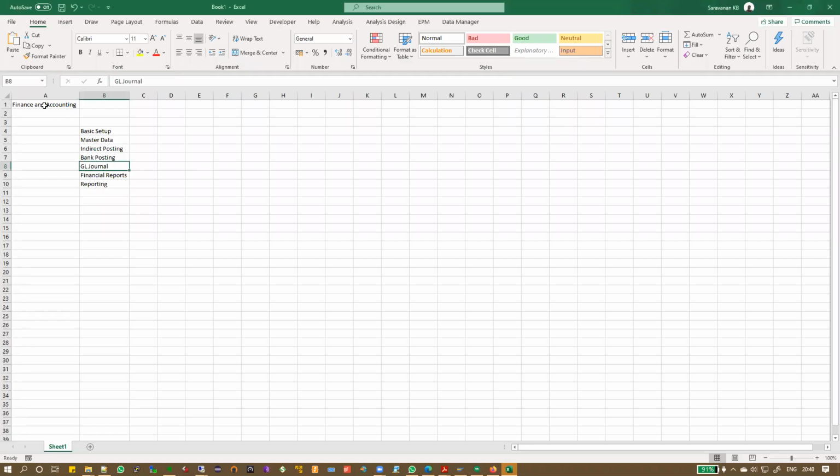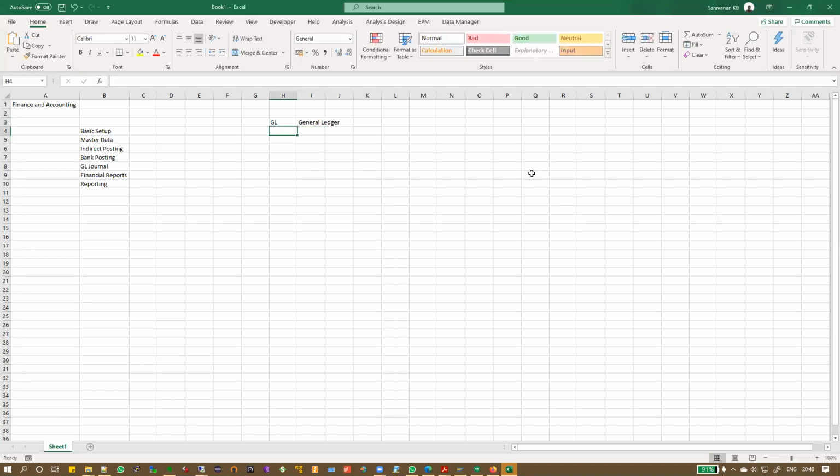All right. So, like I said, we're going to start with financial accounting. Before we go into ERP, we need to understand the meaning of these three words. There are three important terms which you keep using again and again inside ERP. One is what we call GL, which stands for general ledger.